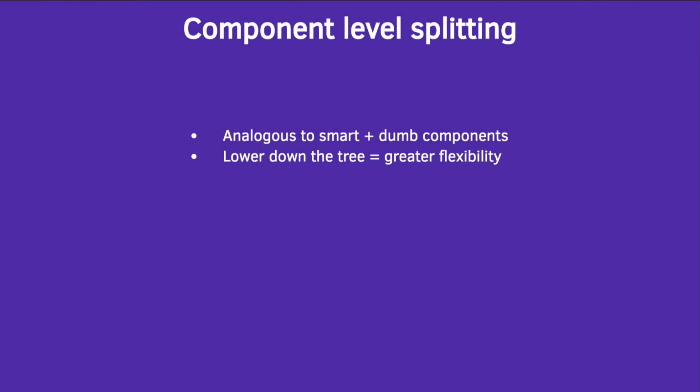The lower down the component tree that you move, the greater the flexibility that you get, and the more patterns that you unlock with this. And this is the part that I really want to stress, which I hope you take away from today, is it enables useful conditional patterns. This is a really, really powerful abstraction that you get with React's model as well as code splitting, which is you can conditionally load stuff. Let's take a look at some of the stuff that happens because of this.